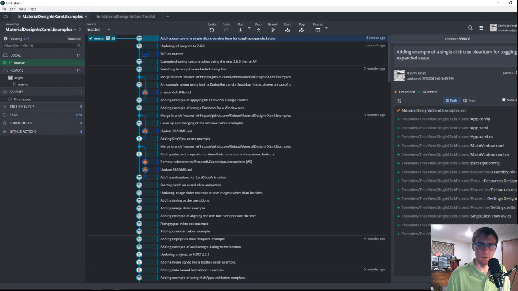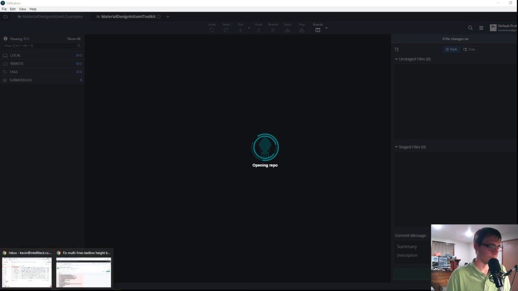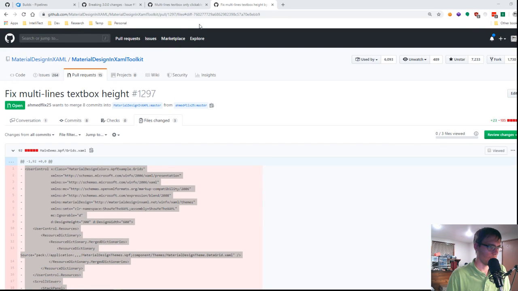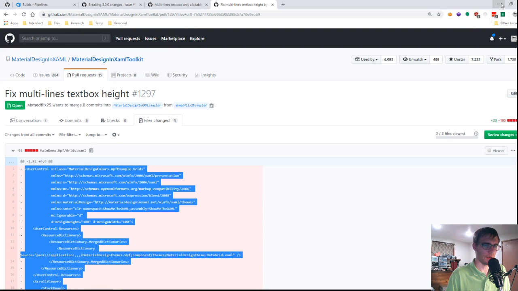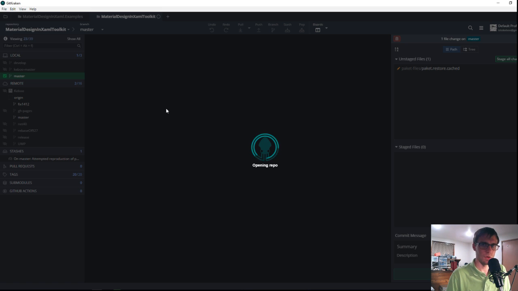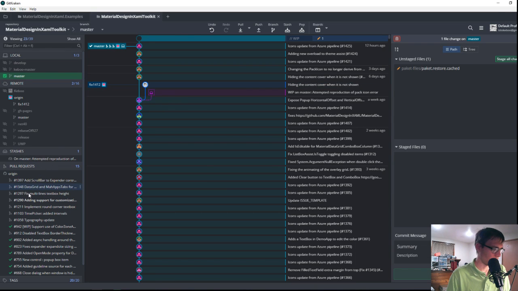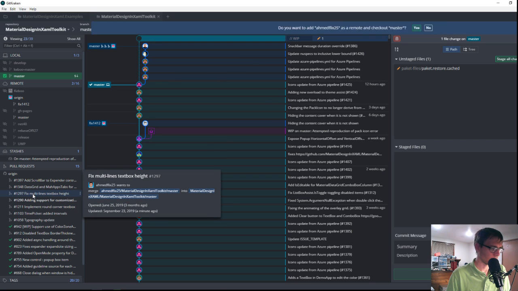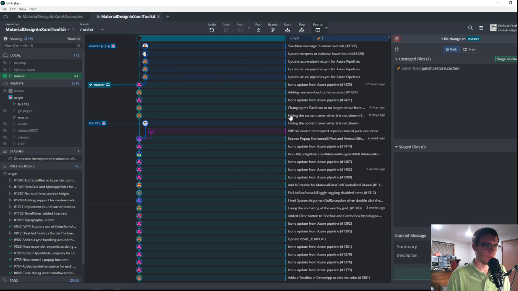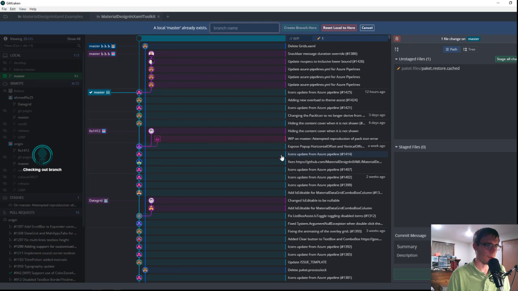We're just going to do this with GitKraken. So, main library, and pull request 1297. We'll just do this here because I think if I just rebase onto latest, that will probably fix